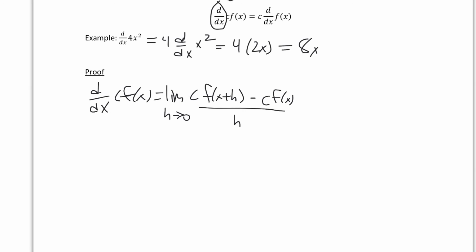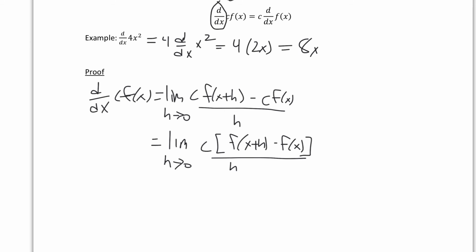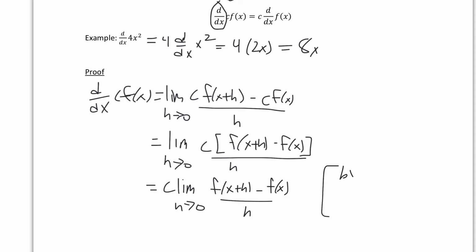So next up, we're going to notice that there's a c in common with both terms in the numerator. And so we'll factor that out: c times f(x plus h) minus f(x), over h. Now we need to remember something important about limits. If you have a constant inside of a limit, well, that constant can be factored out. So we can put this as c times the limit as h approaches 0 of f(x plus h) minus f(x) over h. And again, the reason why we can do this here is because by limit law,